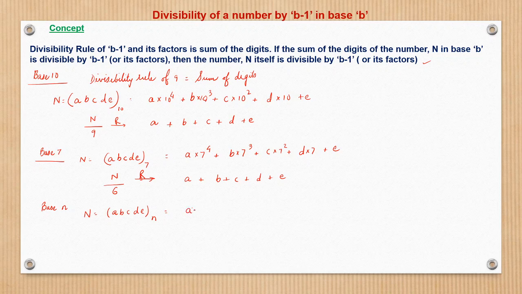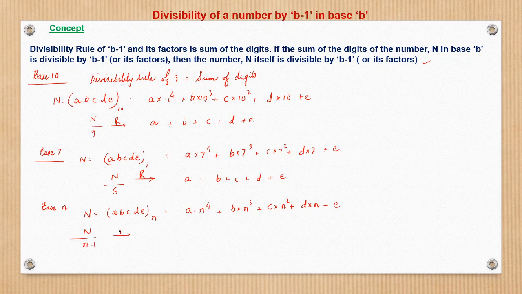If this is expanded, this will be nothing but a into n raised to power 4 plus b into n cube plus c into n square plus d into n plus e. Now when this number is divided by n minus 1, where n is the base,